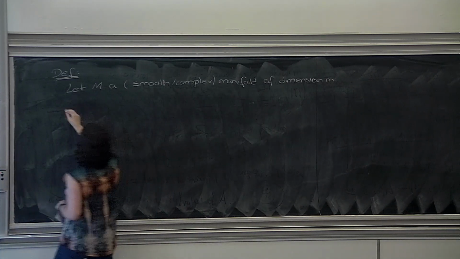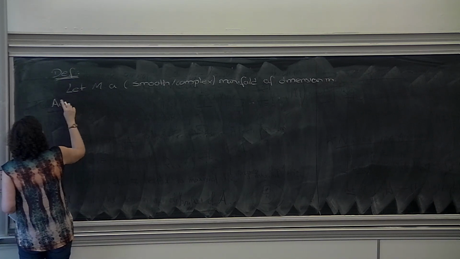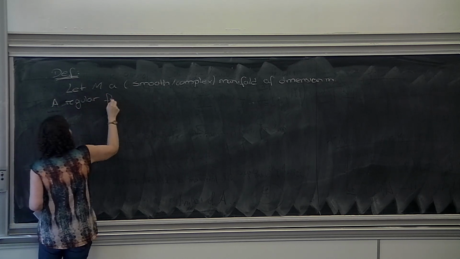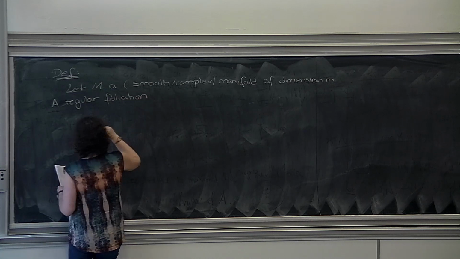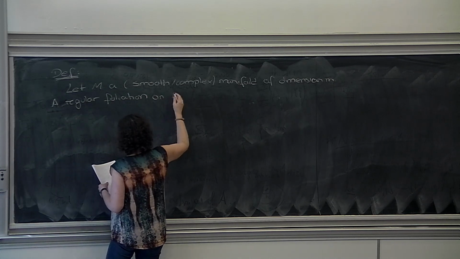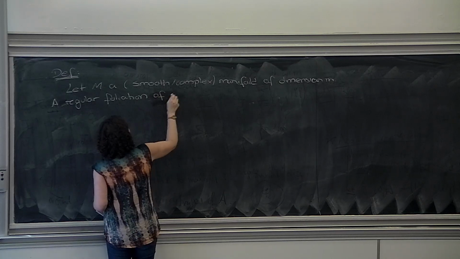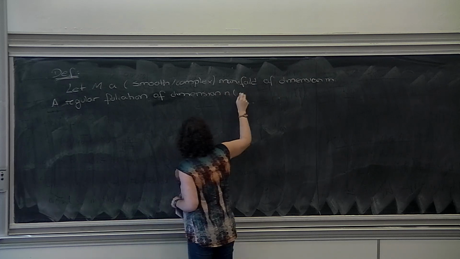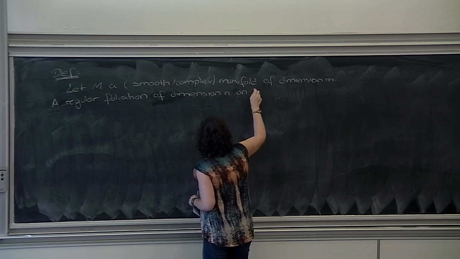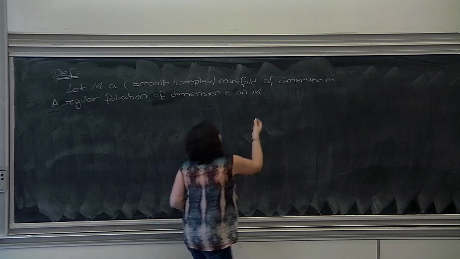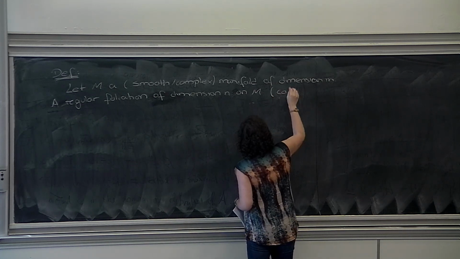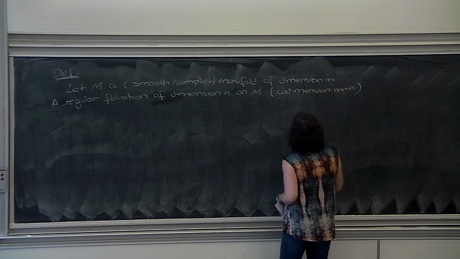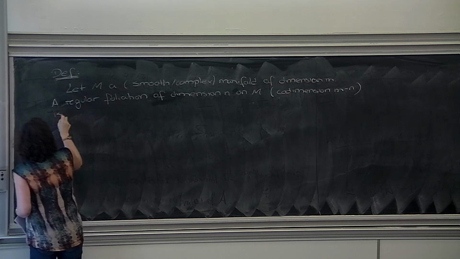And I start with the notion of a regular foliation on M of dimension n. Or if you prefer, we can also say a foliation of codimension m minus n. This is an atlas